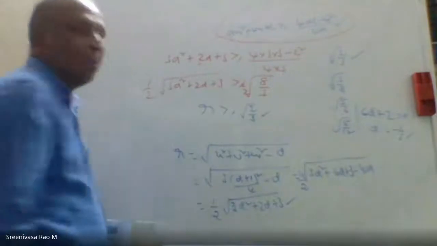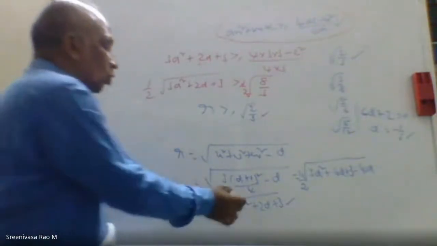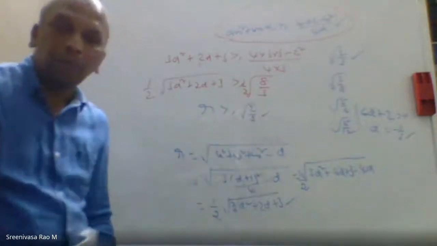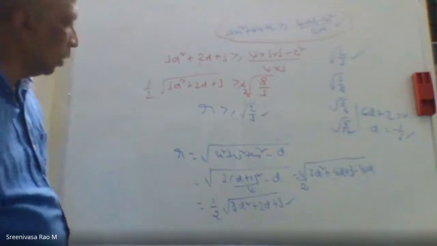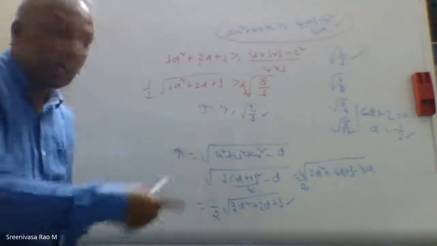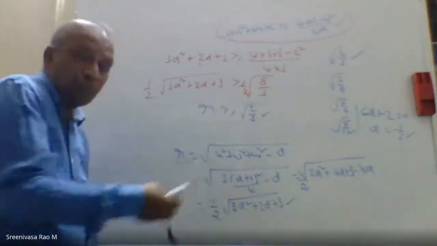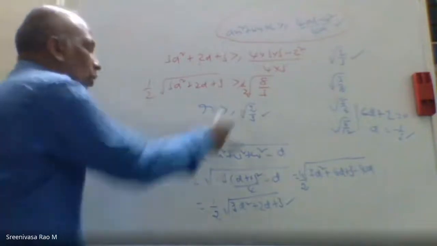You get minus 1 by 3. At minus 1 by 3, it has a minimum. Substitute minus 1 by 3 here, and the same thing will come. So that is also one of the ways to find it using maximum minimum. So the minimum radius of the sphere is root of 2 by 3. There is only the sphere here. So the smallest radius of the sphere is root of 2 by 3.